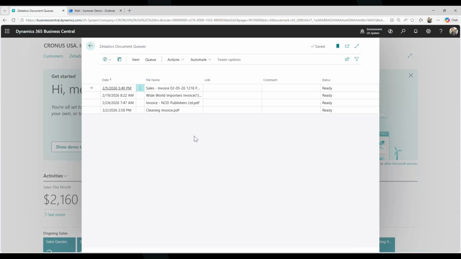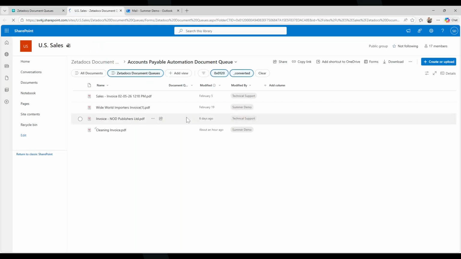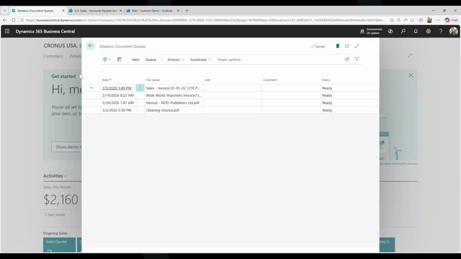You may be aware that you can manually upload your invoices either by clicking Item Upload to upload a single invoice, or by clicking Queue Upload Files to upload a batch of invoices into SharePoint. But to automate this process, we can set up a Power Automate flow to automatically onboard your invoices to the queue for you. Now, any PDF attachments and emails sent to a specified address will be added to the queue